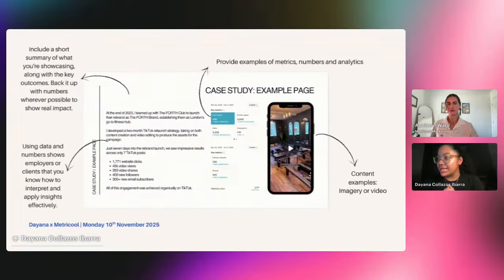And here's just an example. Of course, we love a little bit of an example. So we'll go around again. Number one is to include a short summary of what you're showcasing, alongside your key outcomes, and back it up with numbers if possible. I feel like everyone's going to hate me now because I've been saying numbers and analytics so much, but please, it really helps. And I've not added it on here, but another reason why it helps is that within marketing,